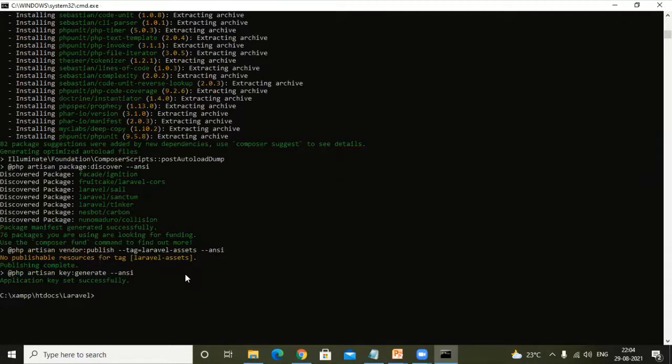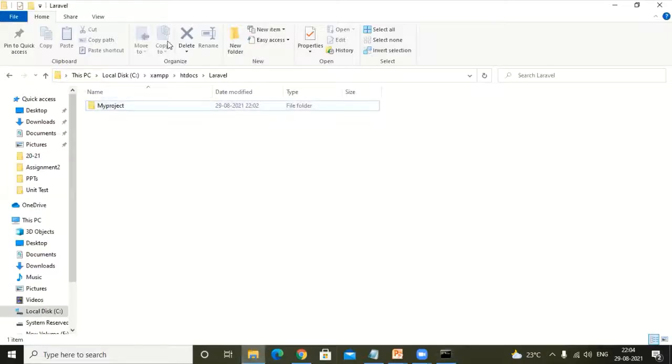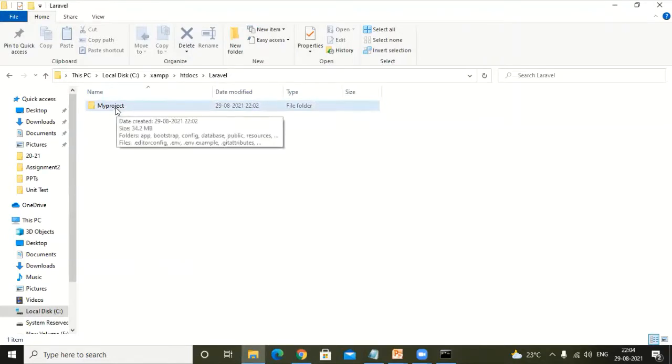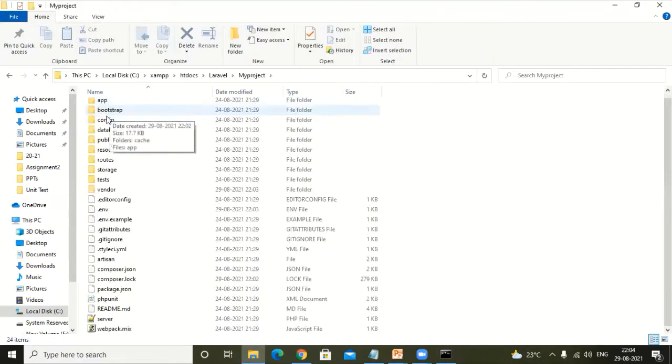So finally our project is created with the directory structure. Now just observe, inside your Laravel folder, myproject has been created. Inside that, you will have different kinds of files and folders. The directory structure we will be discussing in detail during the session.